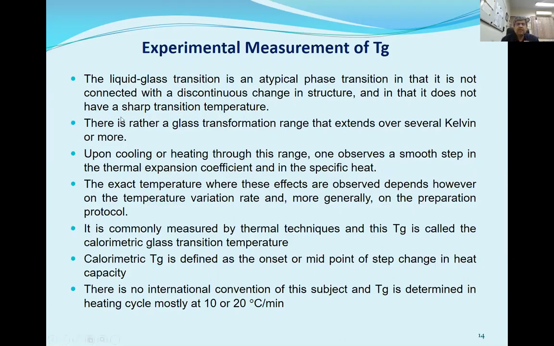Usually it will happen in a 2 to 3 degrees Celsius range. In contrast to that, Tg occurs over a wider range of temperatures. There is rather a glass transformation range that extends over several Kelvin or more. This could also be several degrees Celsius or more. Upon cooling or heating through this range, one observes a smooth step in the thermal expansion coefficient and in the